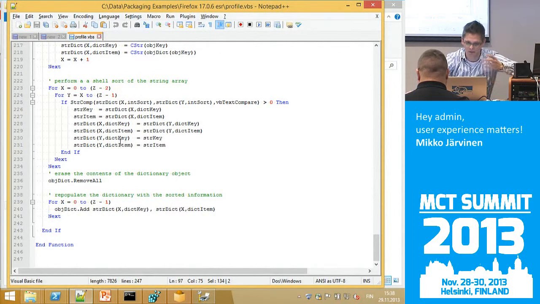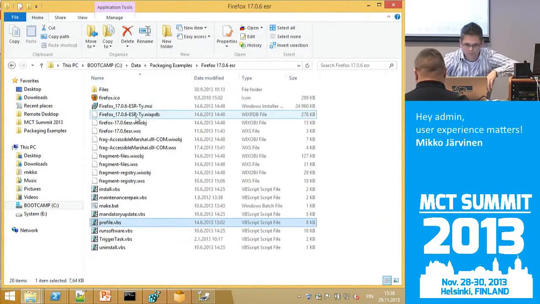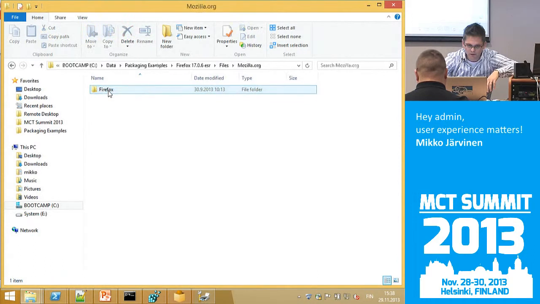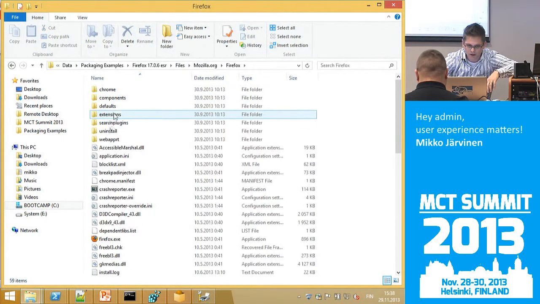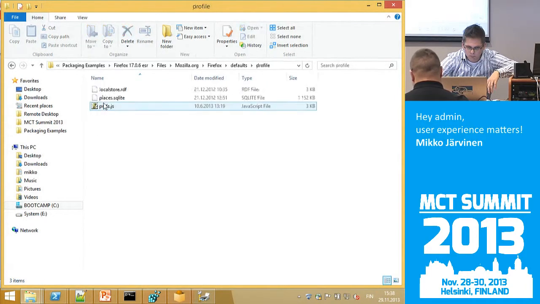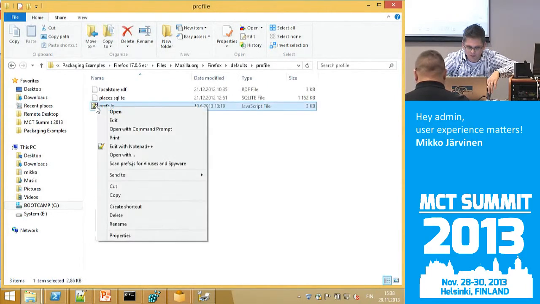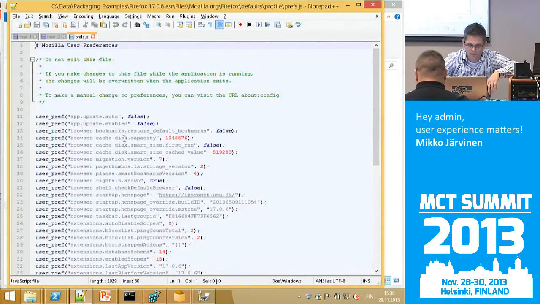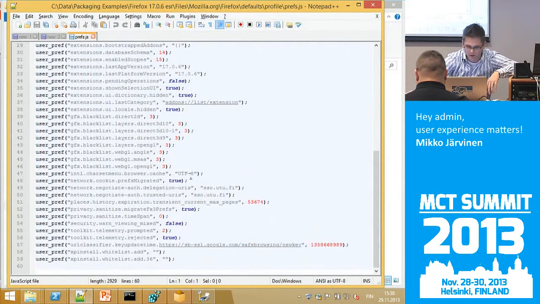Administrator is not happy, but the user is happy. And under the files, we have also made changes to the defaults. Here are the prefs.js that user gets, and here are some changes that we already have.